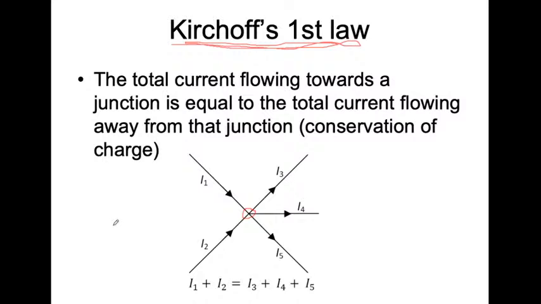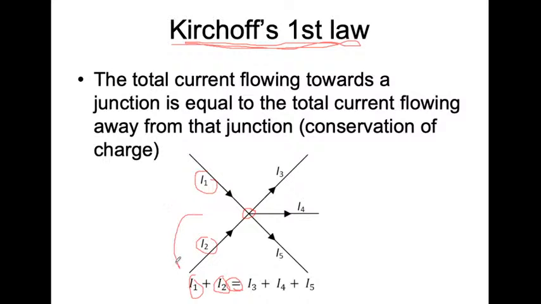This first one, just really simply put, I already summarized it on the last slide, but the total current flowing into a junction, right? So this would be current I1 and current I2, needs to equal all of the current that's flowing out of that junction. So I1 and I2 are in, they're on one side of our equation,